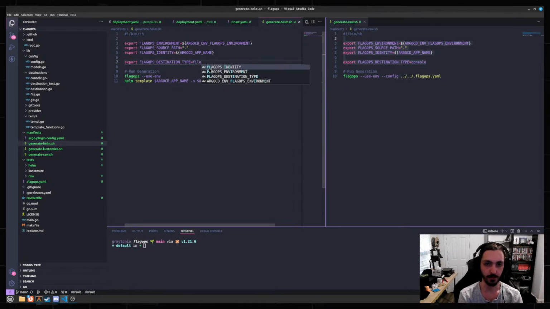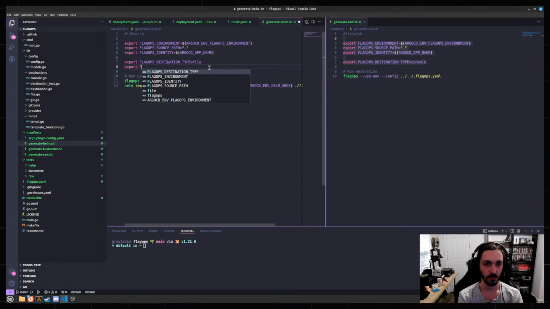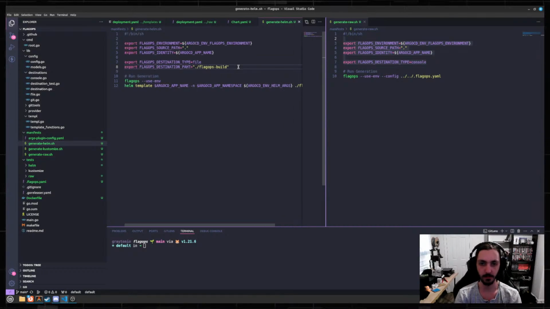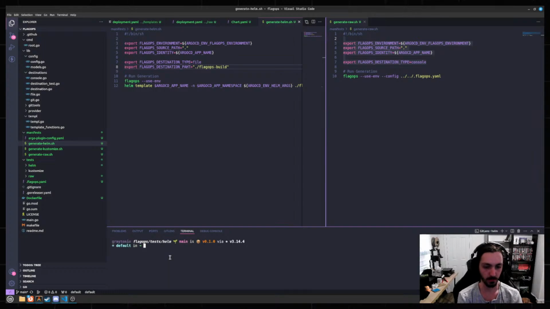This one's going to be file. Flag ops. Destination path is /flag ops build. Then if I go to test Helm and I run the app name staging, generate Helm,